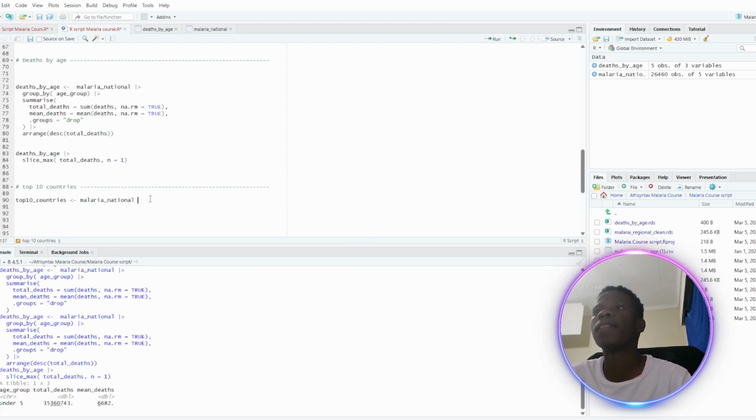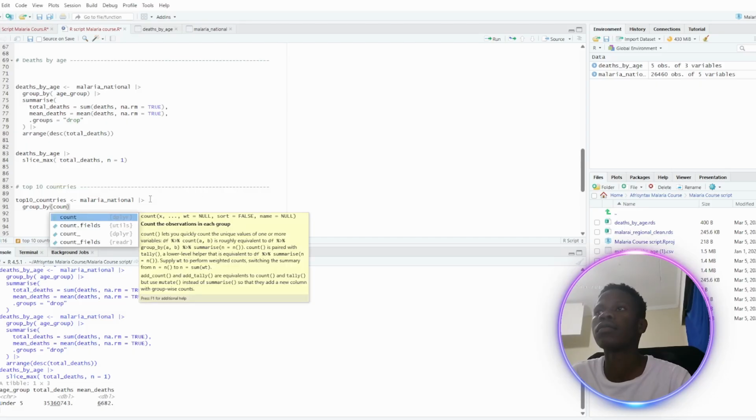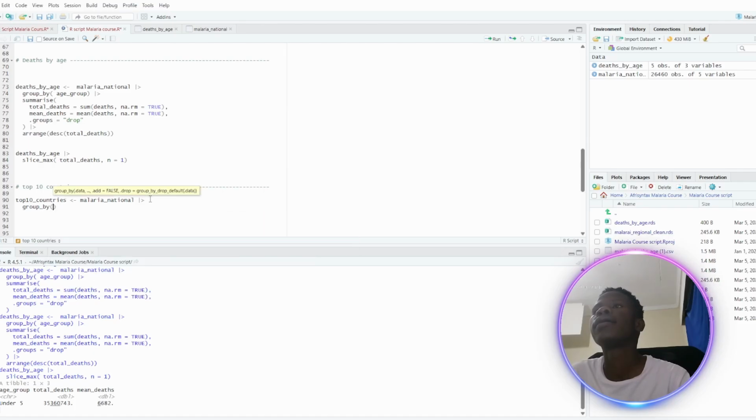Again, malaria national data. Group by. It's not written as country again, it's written as entity. So group by entity, then summarize total deaths equals sum